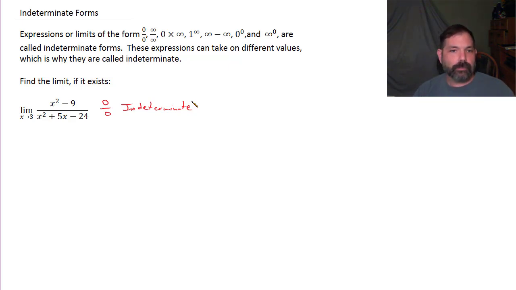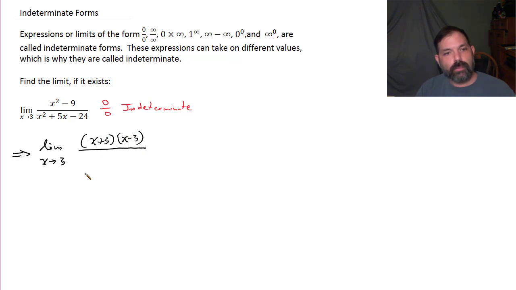So what do we do? We've got to use some trickery. What I know is I've seen expressions like this in the past, and maybe I can factor them. Let's see if we can factor this numerator and denominator. This is still a limit as x approaches 3. X squared minus 9 factors as x plus 3 by x minus 3. X squared plus 5x minus 24 factors as x plus 8 by x minus 3. Now, notice that there's a common factor of x minus 3. So now, we are going to remove the common factor